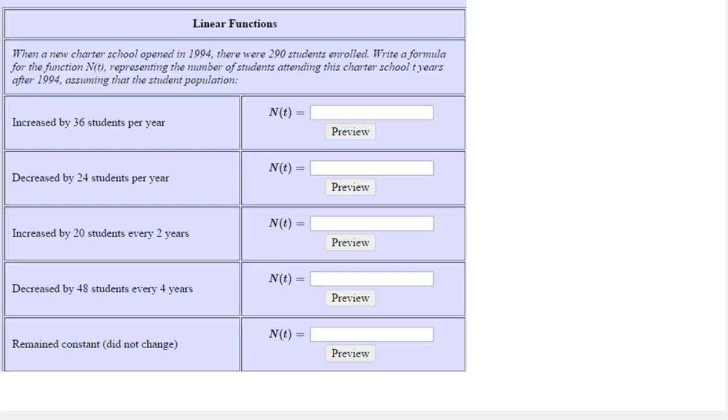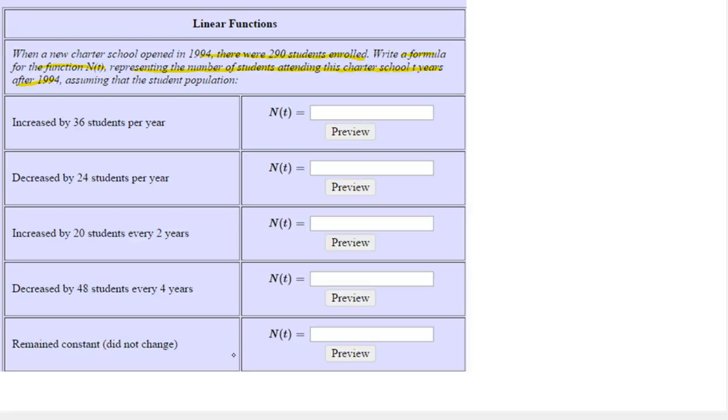Let's begin by reading the example and highlighting important information. So when a new charter school opened in 1994, there were 290 students enrolled. Write a formula for the function n of t representing the number of students attending this charter school t years after 1994, assuming that the student population, and then we're given a bunch of different